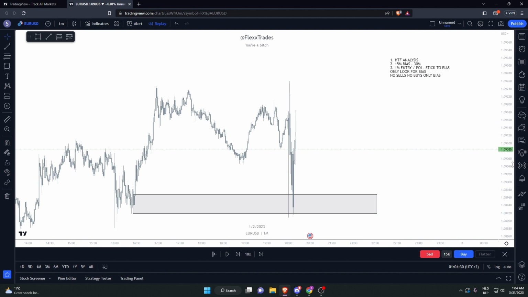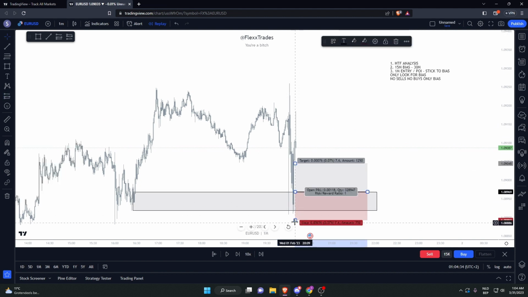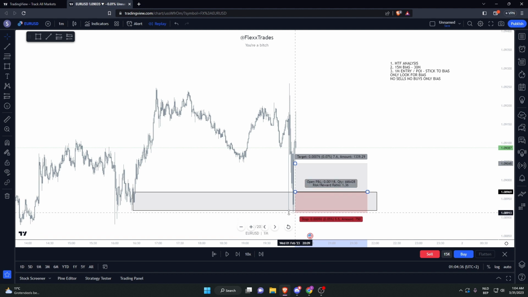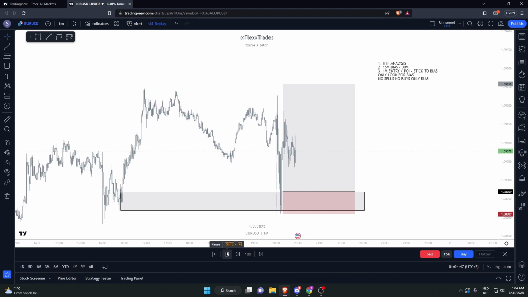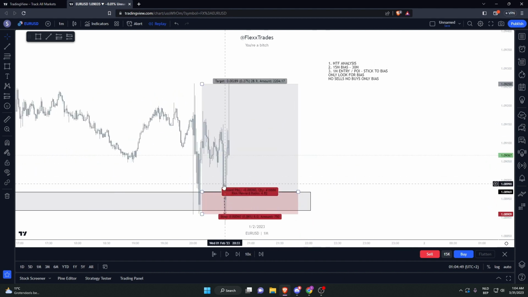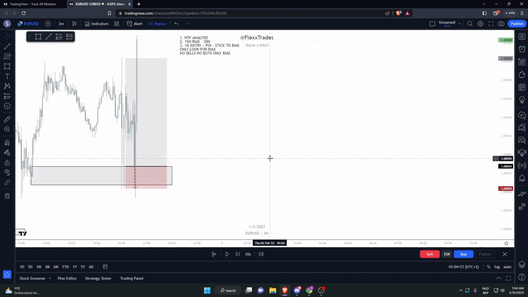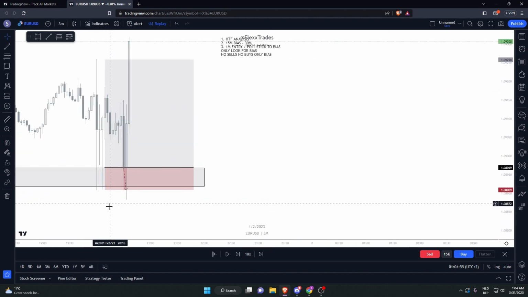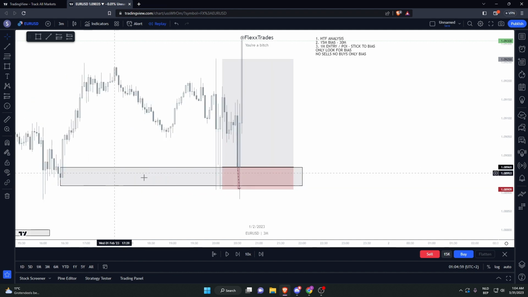Now, as you see, even if you took this limit, beautiful limit. Once again, you would have probably taken this or even this. And if you had a 3-minute candle closure, you were completely fine. Your TP would be this. Let's see if it would hit. Well, you would have been break even, which I would. And then see price comes back. Does it close the 3-minute candle? It does not. As you can see, none of the times the price closes the 3-minute candle below,